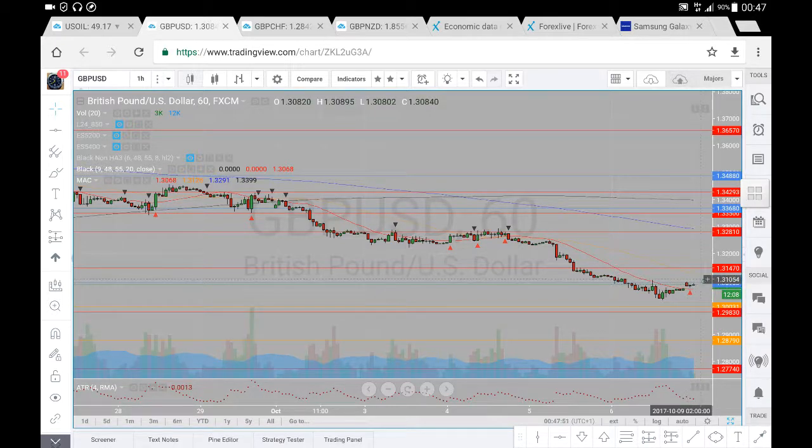downside is only logical. So that should wrap up the pound USD